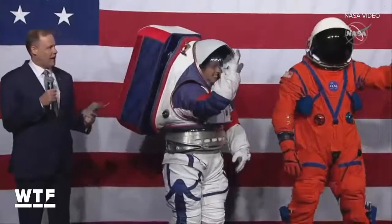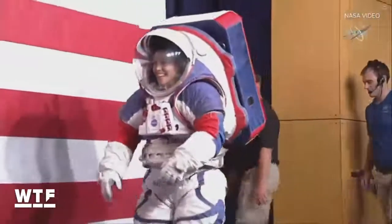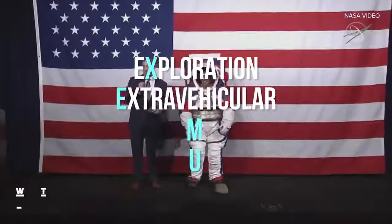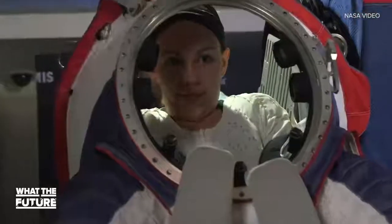And they are nothing if not patriotic. Let's call this NASA's Artemis line, Artemis being the name of NASA's current lunar exploration program. This runway model is sporting the prototype ZEMU. That stands for Exploration Extravehicular Mobility Unit. It's the spacesuit that will be worn by the first woman to walk on the moon if and when NASA